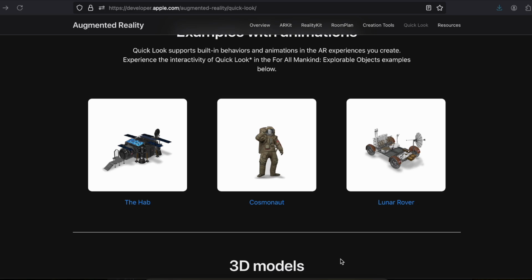Suppose you want to display a complex scene inside augmented reality. A 3D model won't suffice, so you can create a reality file, which can have multiple 3D models or a complete game of sorts. And how do you create those reality files? For that you can use a software called